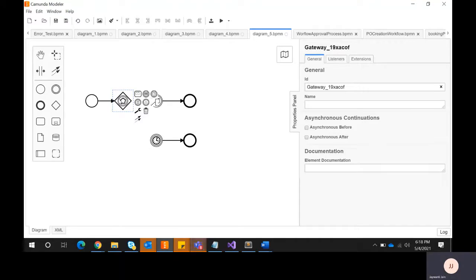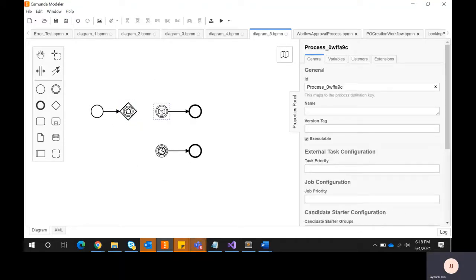This is the event based gateway, which decides which path to take, because here we are waiting for the user to take an action. If this event fires, then it will go to this process. If the event is not fired within the duration we specified here, it will take this path.